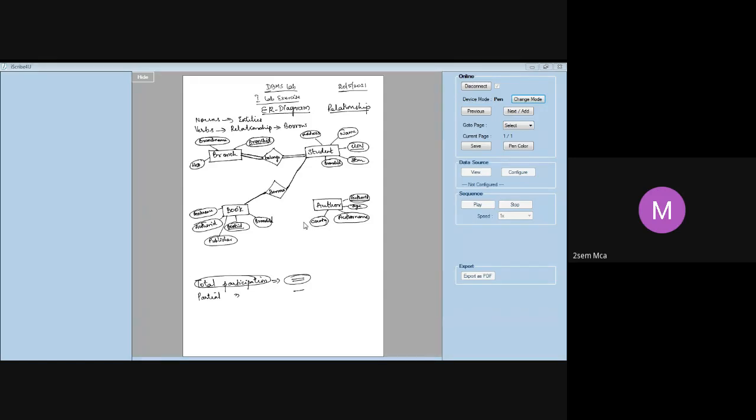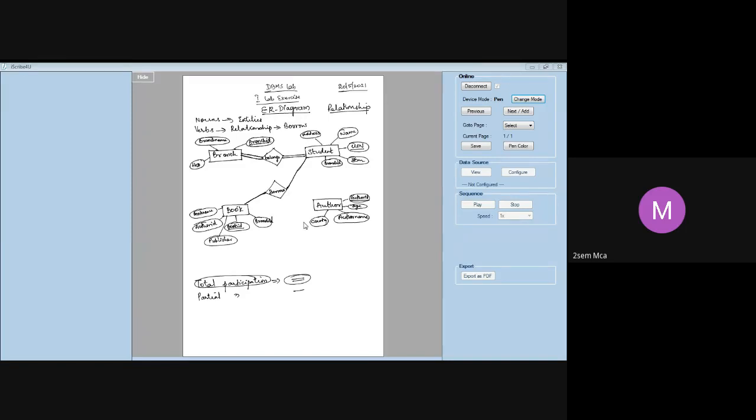Why should you relate? That is the reason here. How do you decide whether you want to relate or not? If you look into book, one of the attributes is author ID. That means you are trying to relate your book and author. That is an indication that you have to relate your book and author. Should I relate or not? I have a doubt. How do you get to know that you should relate it? Because if you look at the book entity, they have given author ID as one of the attributes of your book, which indicates that book and author have to be related.